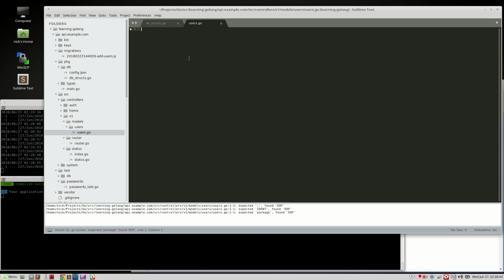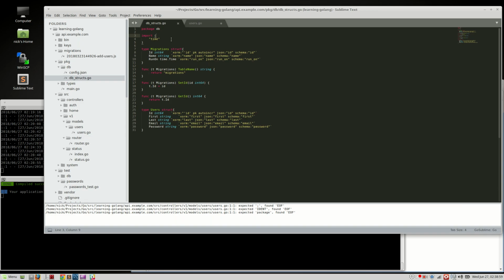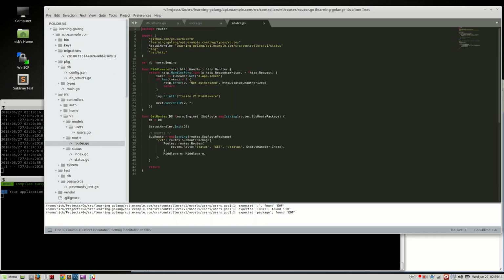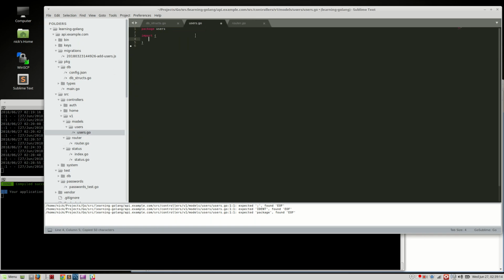Let's see here. Oh, it's been so long since I've done Go. Okay, so package users. Then we're going to import, or not import, wow. Yeah, import, just a second here. Import, we need this file right here. So we can't use relative paths, so we need to say, it's learning Go, right? We're just going to steal from here, it's faster. Learning Go, API example, source, controllers